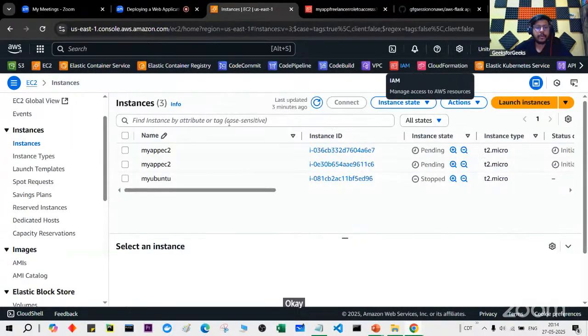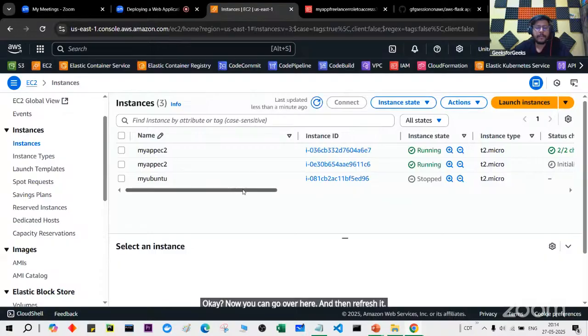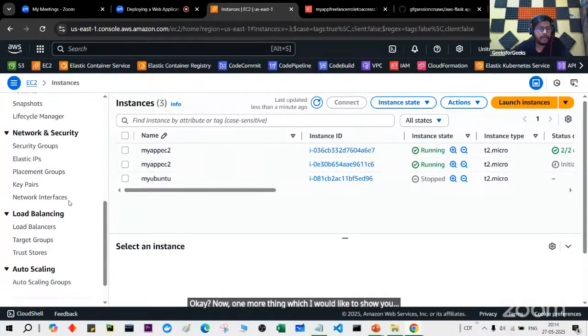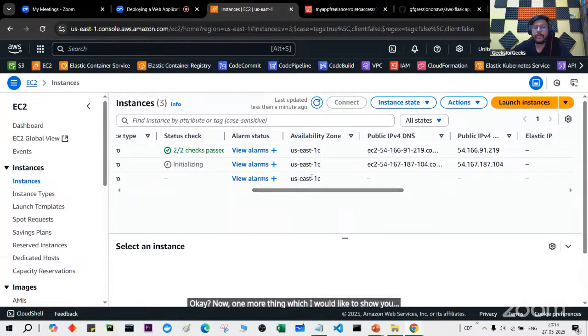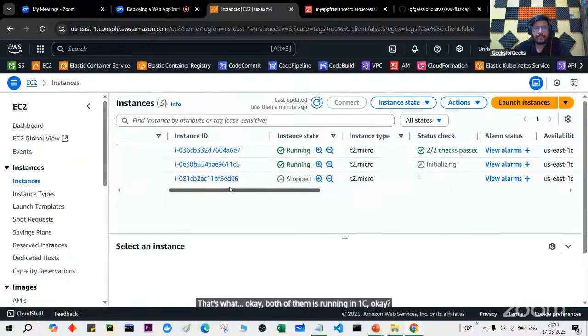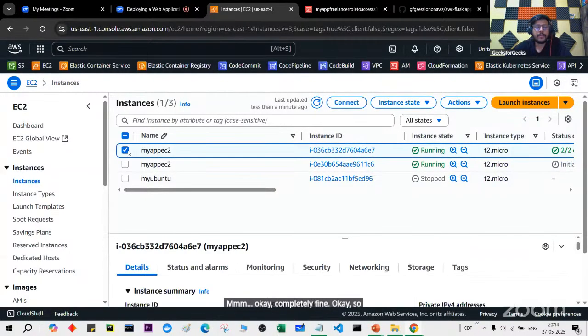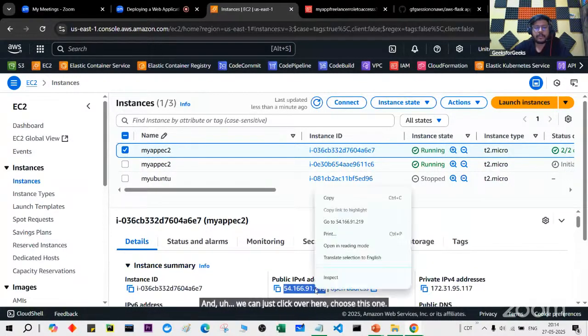See with IAM role. Okay, now you can go over here and then refresh it. Now one more thing which I would like to show you. Okay, both of them are running in one C. Completely fine. So let's go with this one, and we can just click over, choose this one, and